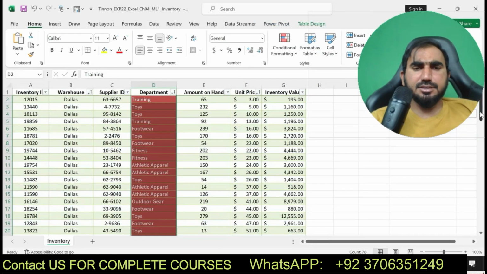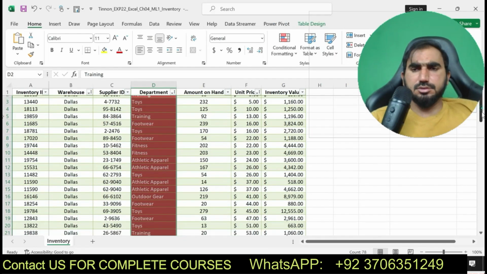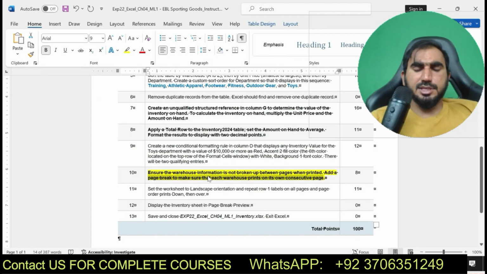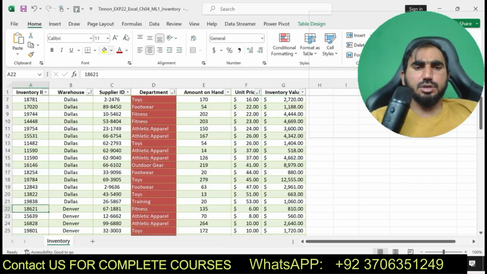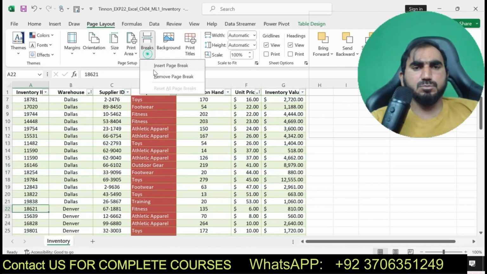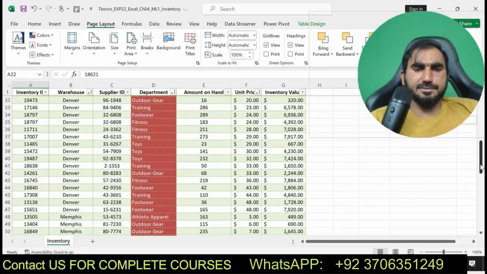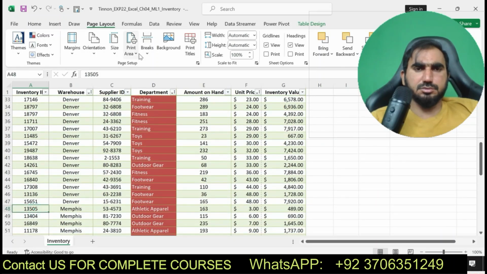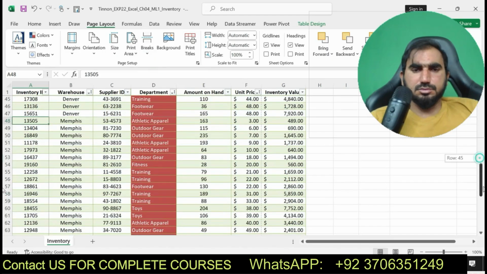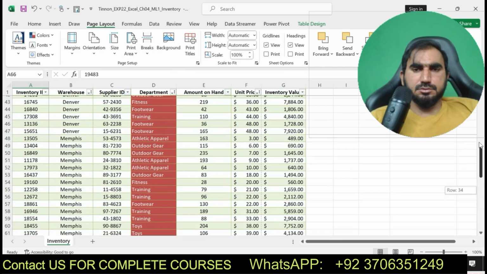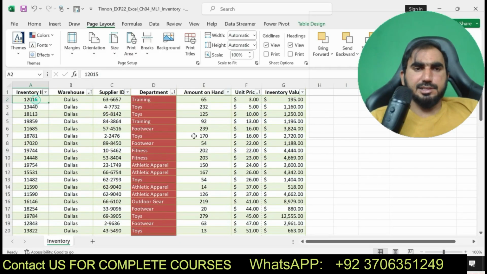Now I'm going to add a page break to make sure. Now you can see here I have inserted a page break.